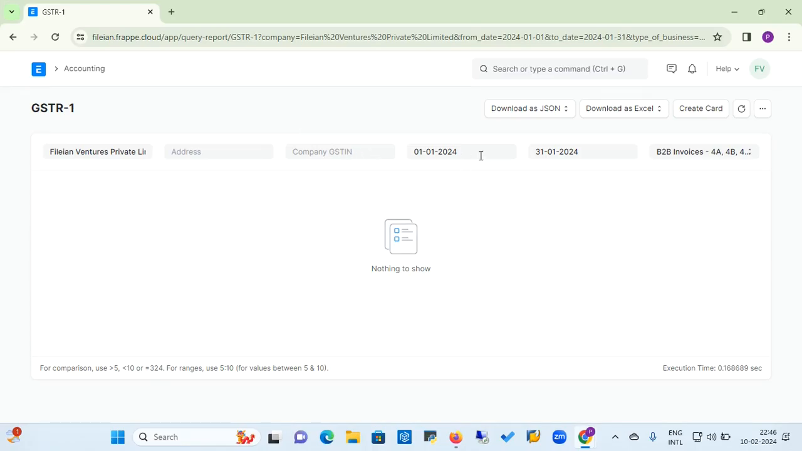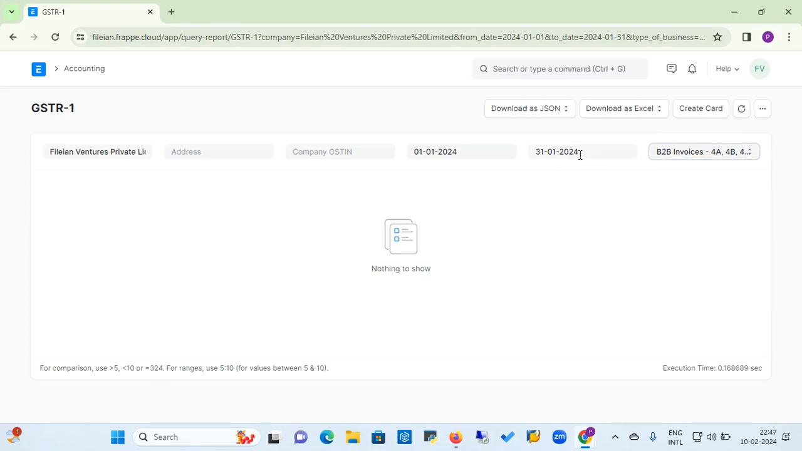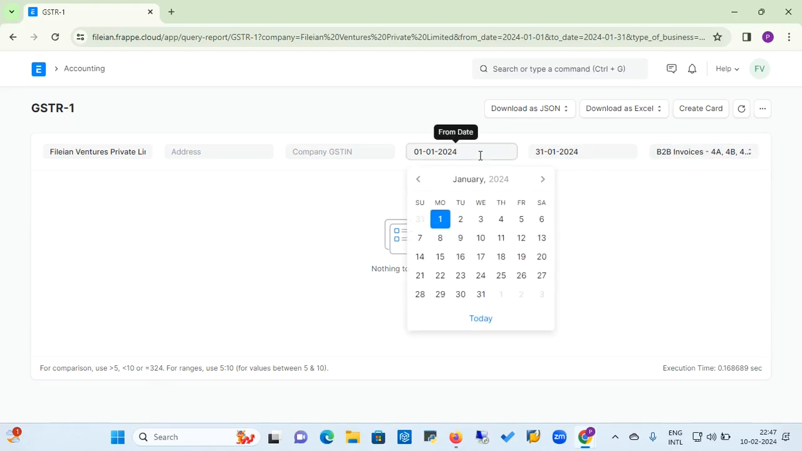address or GSTN number, or you can use the date filter, and you can generate the report for B2B, B2C, or if you want any report. These are the report types related to GST. You can use any report for the specific periods. Here I'm using a period